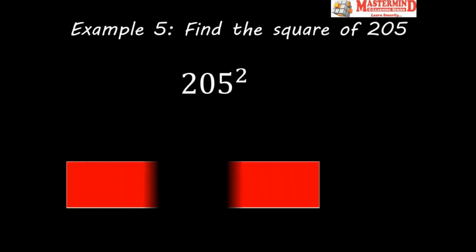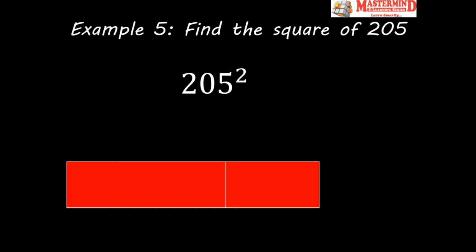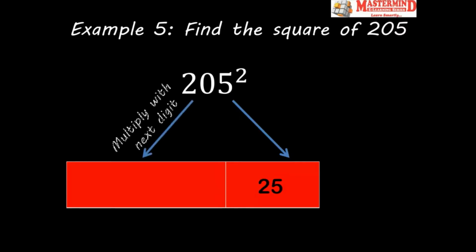Let's see one more 3-digit number. The number is 205. I need to find the square of this number. So our answer is divided into two parts. The right part would be 25 as usual. And for the left side answer, we multiply this 20 by the next number, that is 21. 20 multiplied by 21 is 420. Combine both the answers. So our answer is